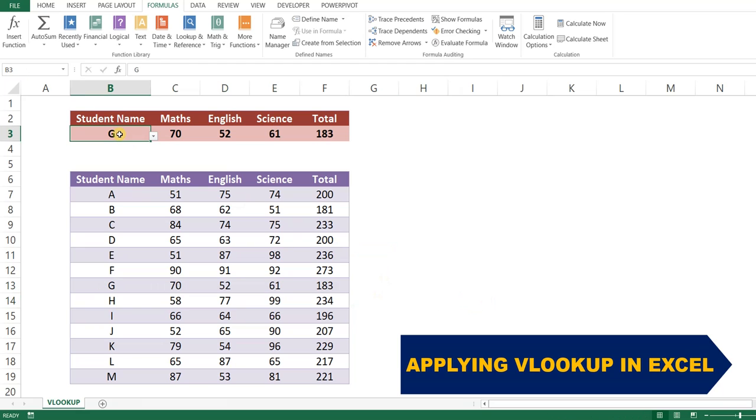Now we have already applied the drop down button here. So if we change the student name, for example, from G to L, we can see that our output will also change accordingly. Once again, we can cross check. The marks obtained by student L in the subject maths are 65, it is correct. English 87, it is correct. Science 65, it is correct. And total marks 270, it is correct.